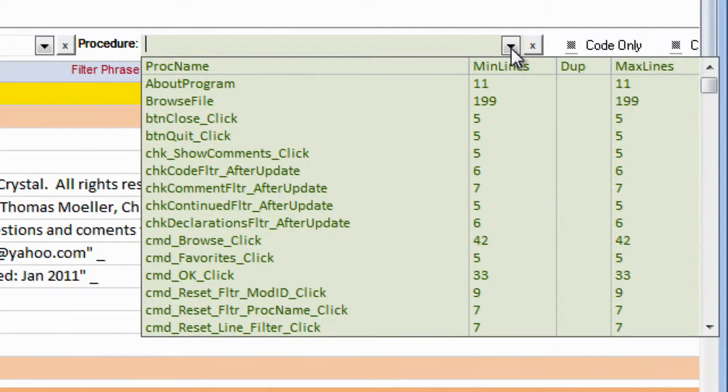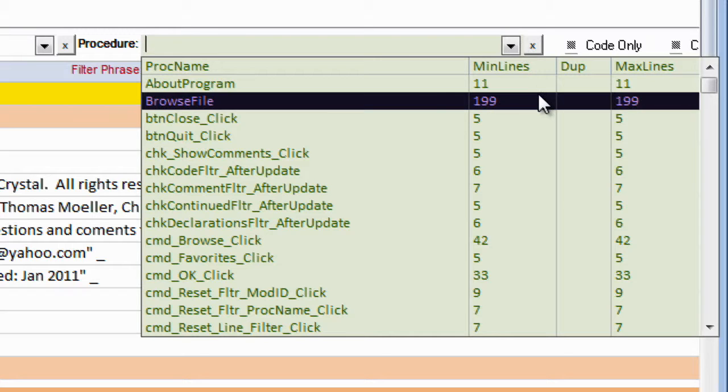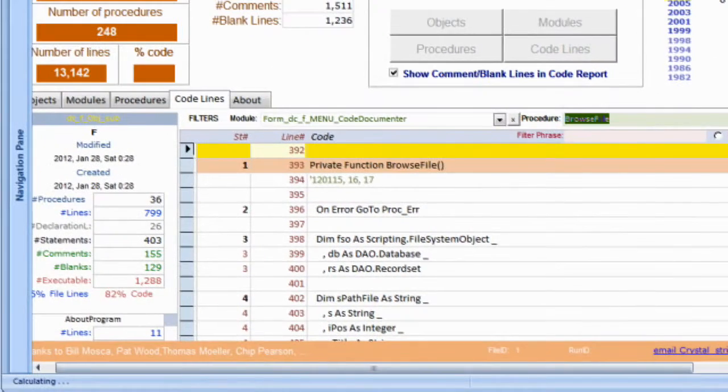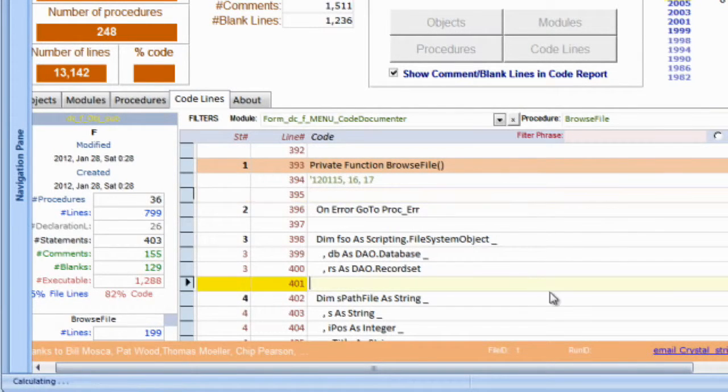Now when I drop this down, these will just be procedures in my code documenter. In case I have more than one procedure listed here, then I have the minimum lines and the maximum lines, so you can kind of tell if they're maybe the same code or you have one more recent than the other. But I'll look at the browse file code, and when I switch to that, I see the code lines,